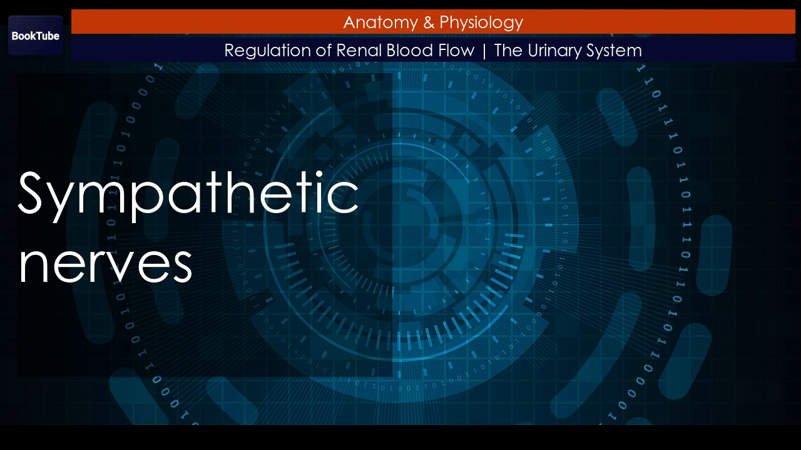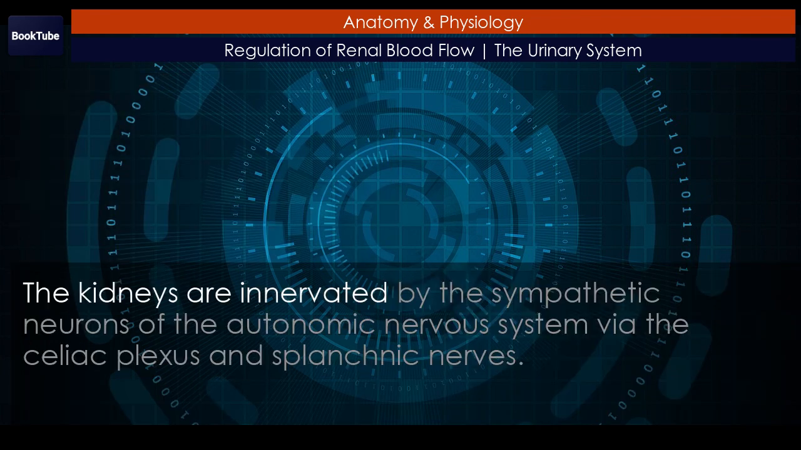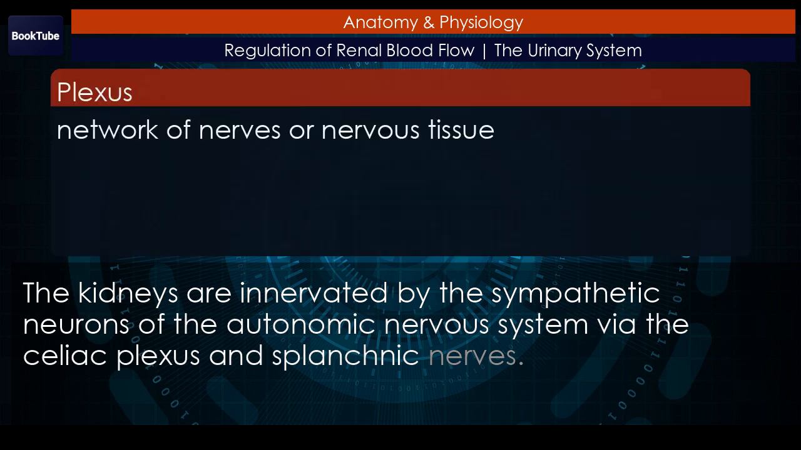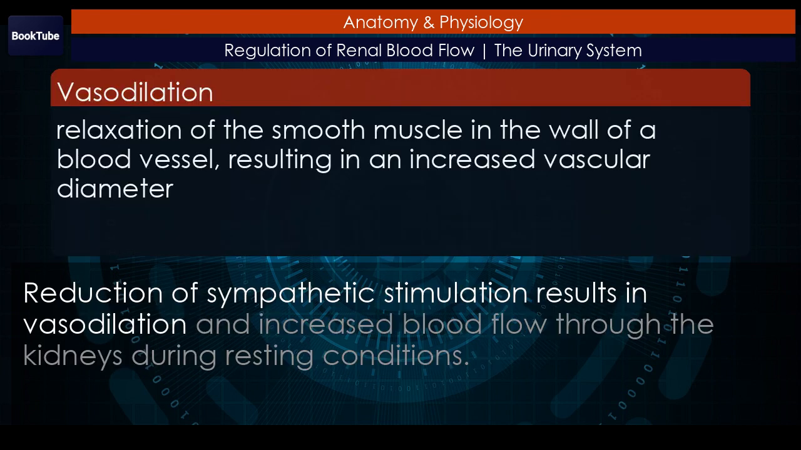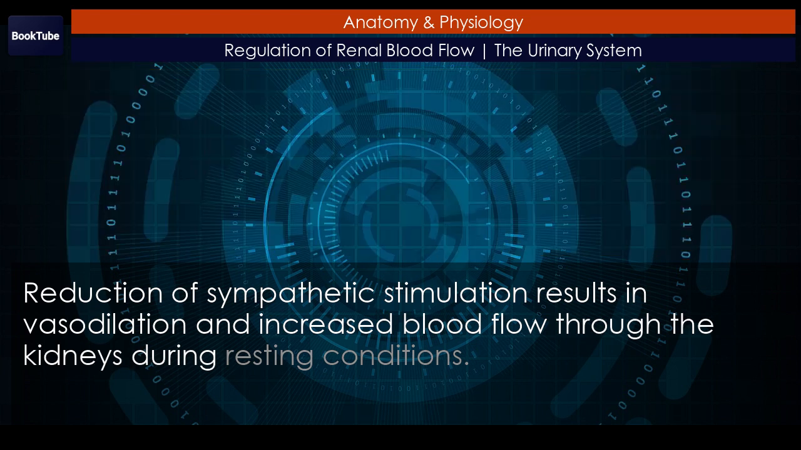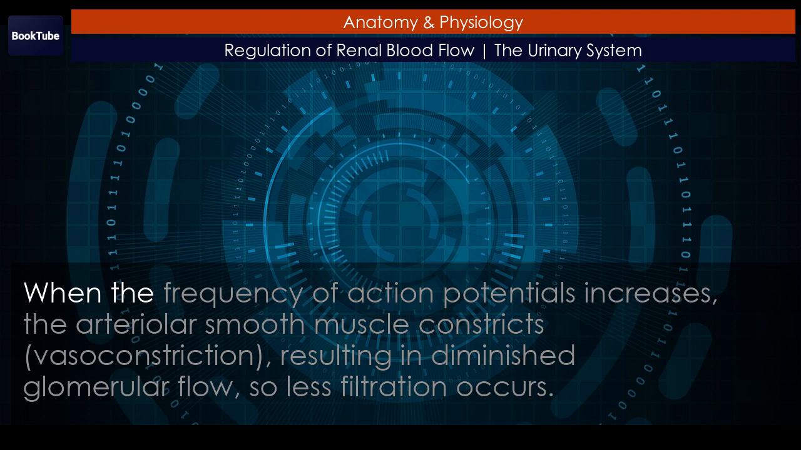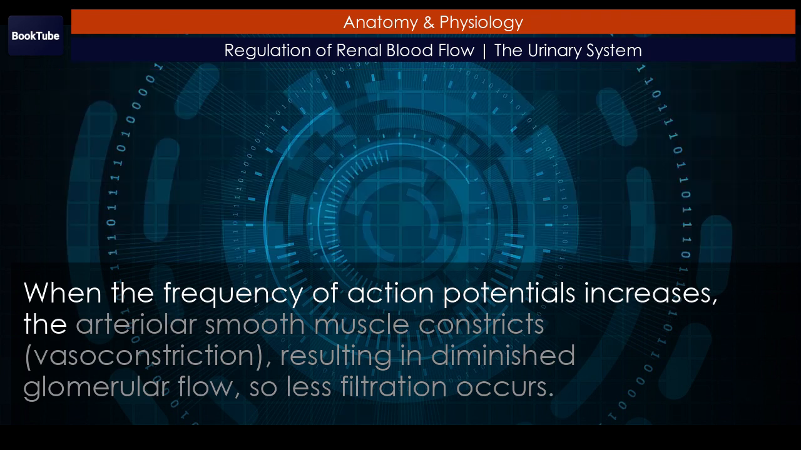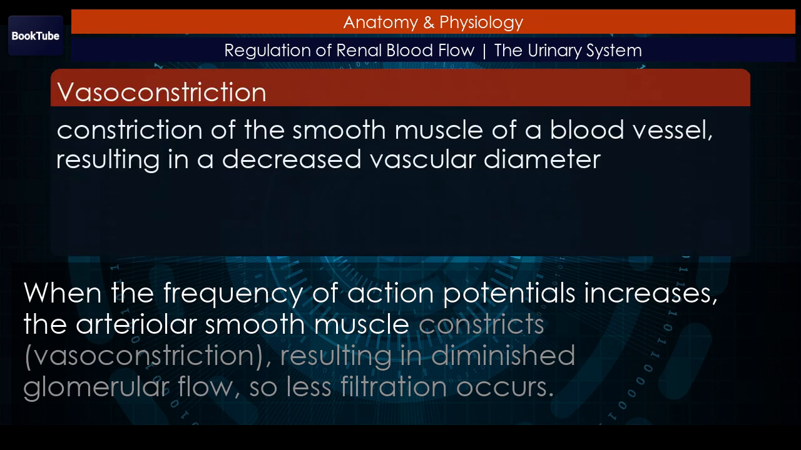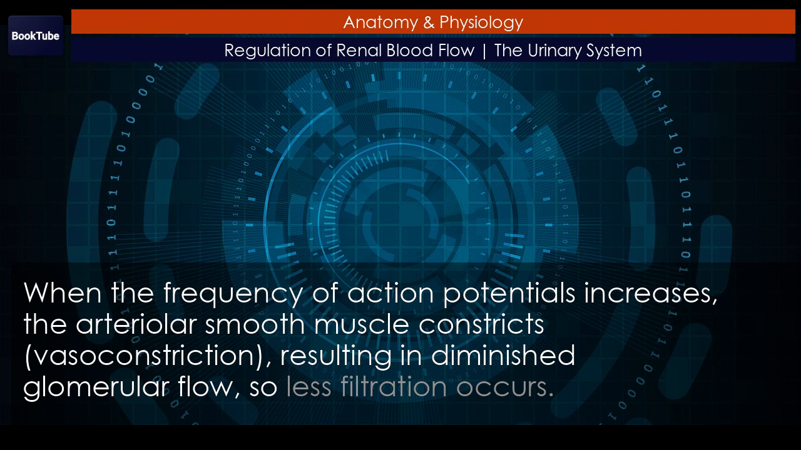Sympathetic nerves. The kidneys are innervated by the sympathetic neurons of the autonomic nervous system via the celiac plexus and splanchnic nerves. Reduction of sympathetic stimulation results in vasodilation and increased blood flow through the kidneys during resting conditions. When the frequency of action potentials increases, the arteriolar smooth muscle constricts, vasoconstriction, resulting in diminished glomerular flow, so less